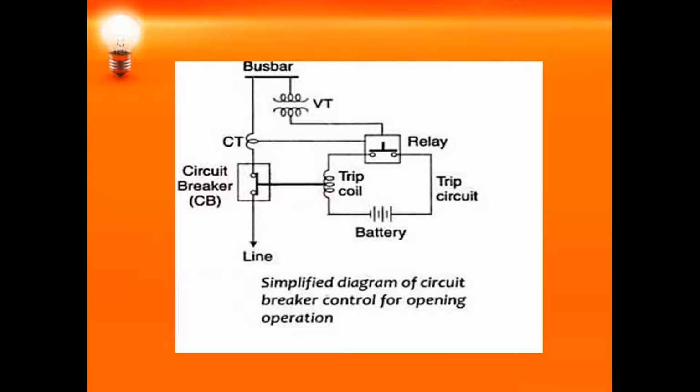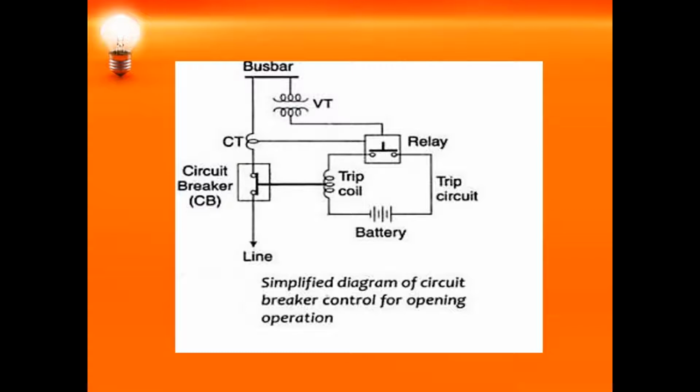So how will the circuit breaker isolate? You can observe that there is a relay here. The relay under normal operating conditions will be in open position. Whenever an abnormal condition is sensed by the relay, it closes its contact and the battery over here sends a current so that the trip coil is energized. The trip coil will make the circuit breaker operate. We have two transducers, the current transducer and the voltage transducer, which will sense the voltage and current variation in the system.